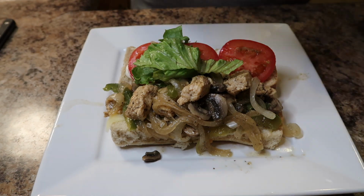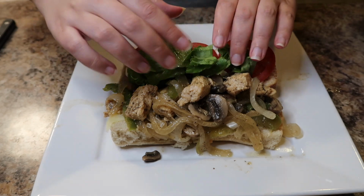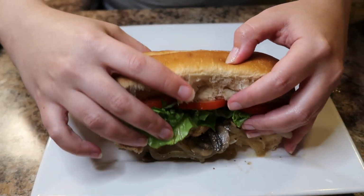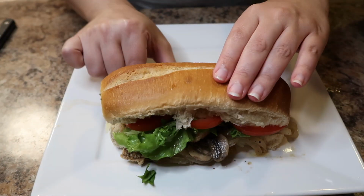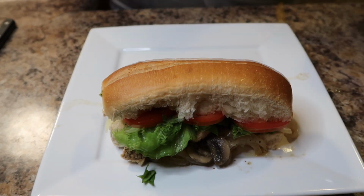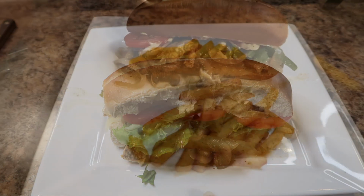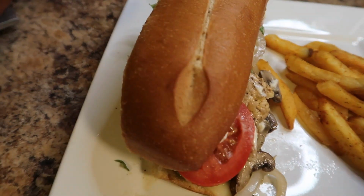A lot of times with sandwiches that I make at home, I use like the French bread, but I thought, oh, that's gonna be too big. No, look at this. I'm praying it doesn't just topple over in the video because it's so big. I served this with some French fries, which you can barely see over that massive sandwich, and here it is,